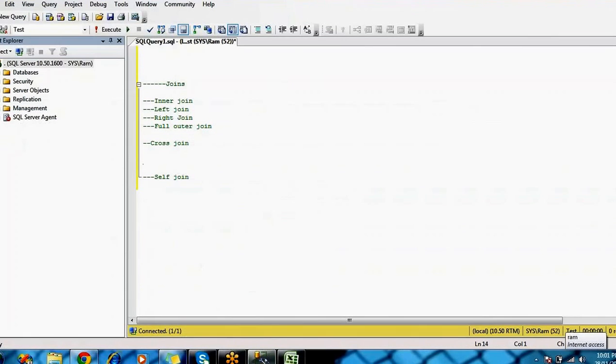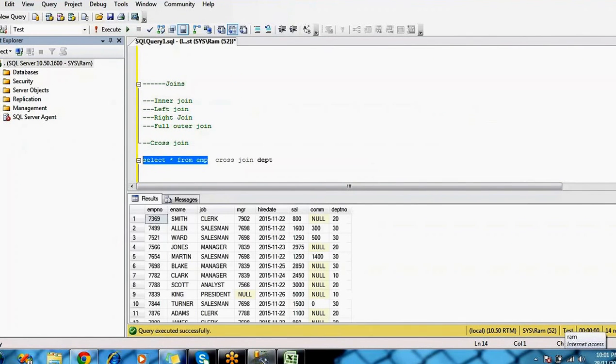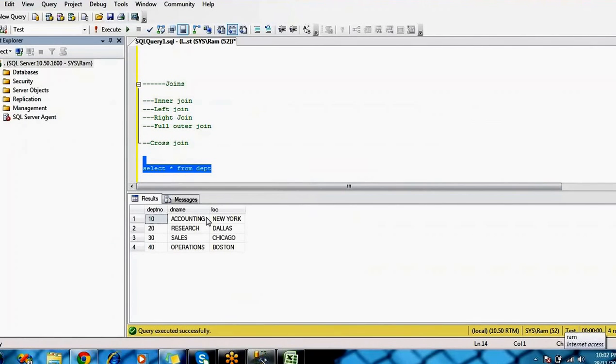Then how can we write the syntax for the cross join? I have a table, the EMP table. This table I am going to cross multiply with the department table using a cross join. For example, how many rows do we have? 14 rows, right? And this department table, how many rows? 1, 2, 3, 4 rows we have.